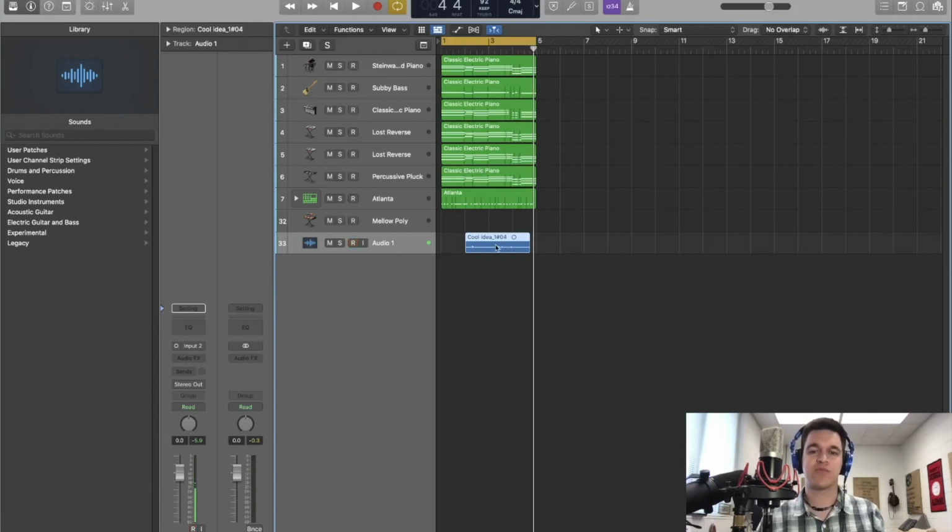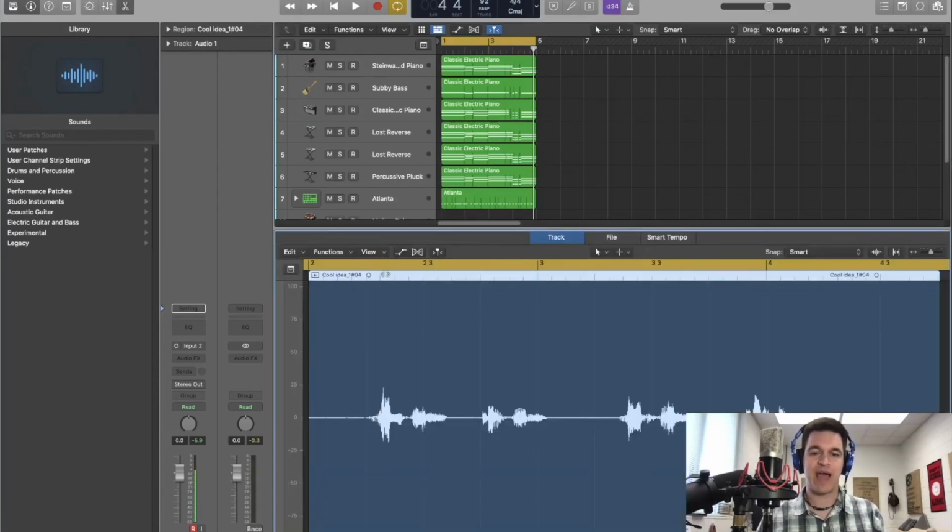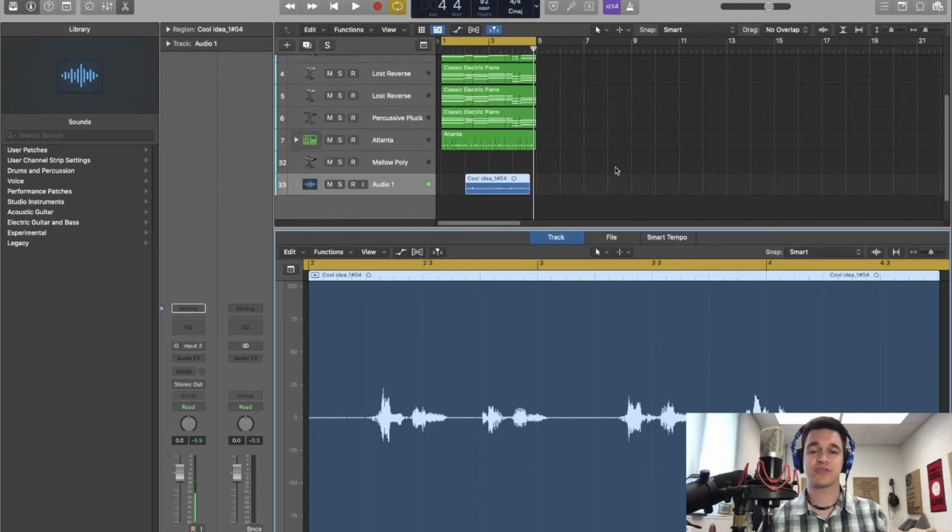So if you see these waveforms bounce all the way outside of your region window, like these spikes go up above the top of your region, then you know you clipped for sure, and that should be something that your students are re-recording. So I hope this helped you understand gain and what gain is and how it applies to a microphone. And in the next couple lessons, we're going to talk about how to manipulate this so that we can begin to make the most of the audio that we do have and help students make songs that are more